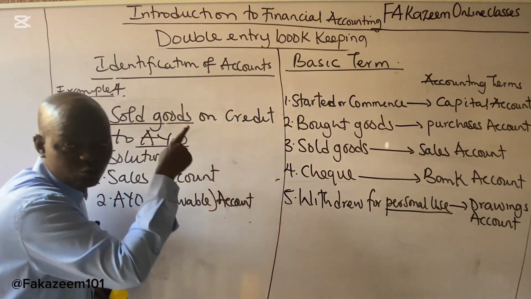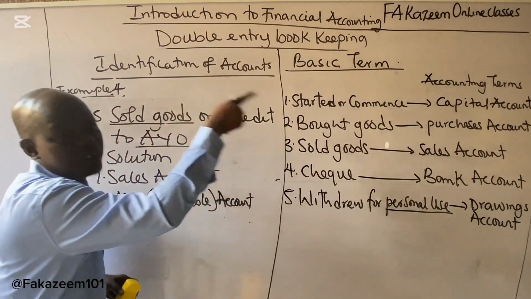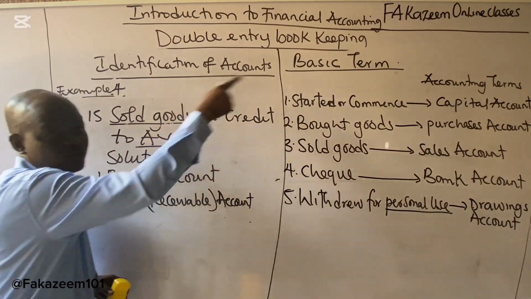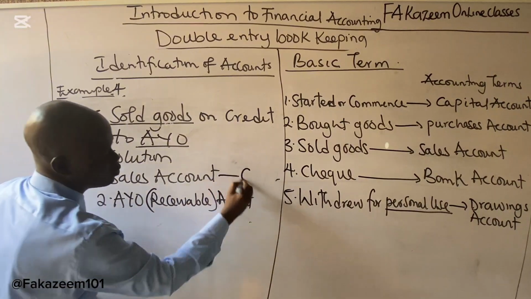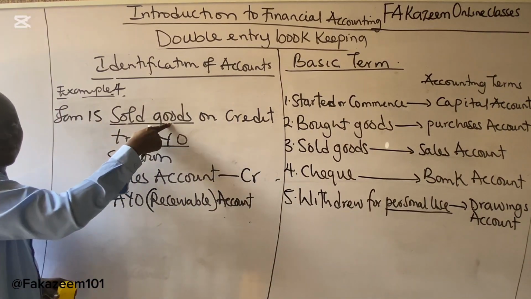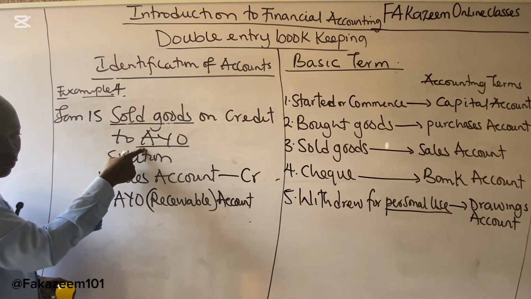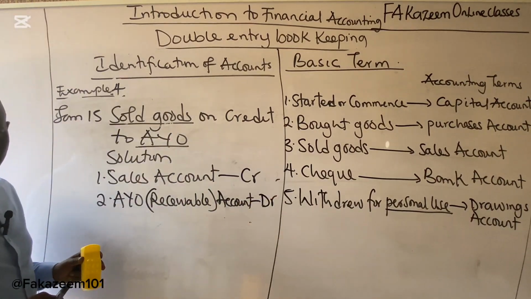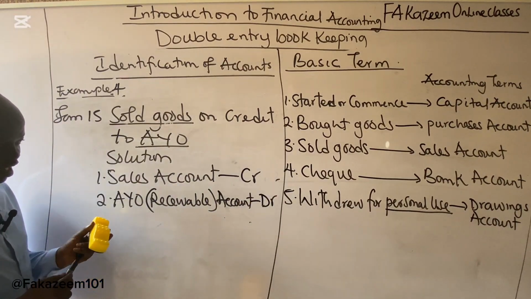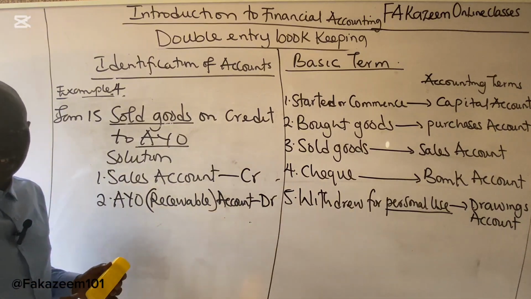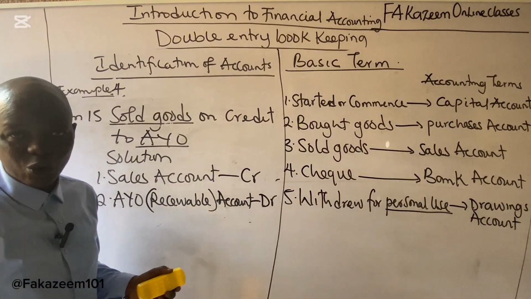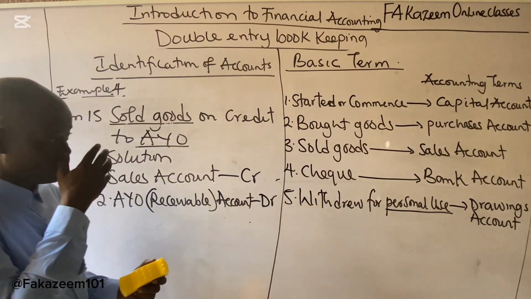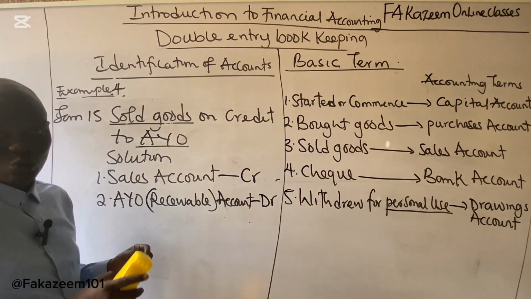And we have said this is the rules and the doctrine. Any item that is going out will be credited. If we say sold goods, it means the business is giving goods out. In that case, sales will be credited. The goods that is going out, we receive it. Ayo will be debited. In that case, these are little examples on double entry. We would like our viewers to provide solution to this more